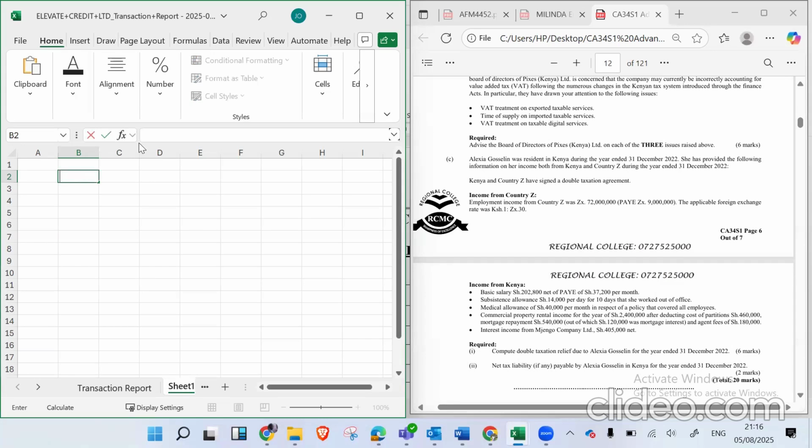Now, taxation of cross-border activities. Taxation of cross-border activities. So taxation of cross-border activities, we say